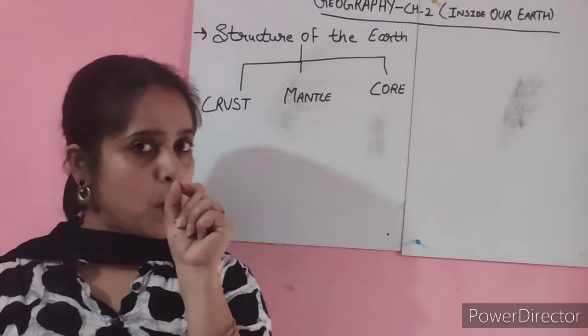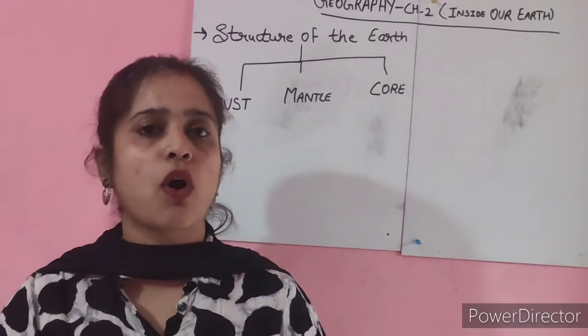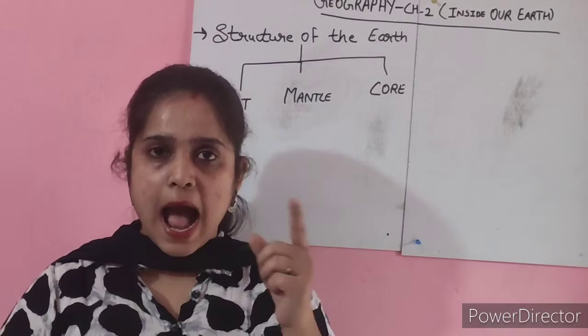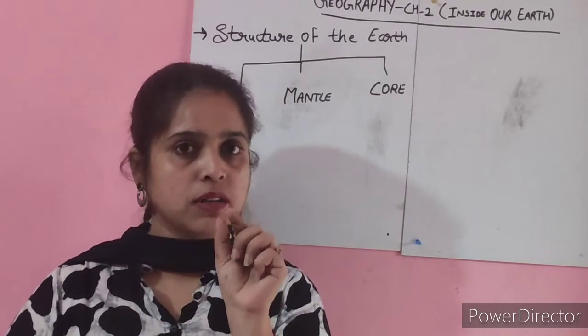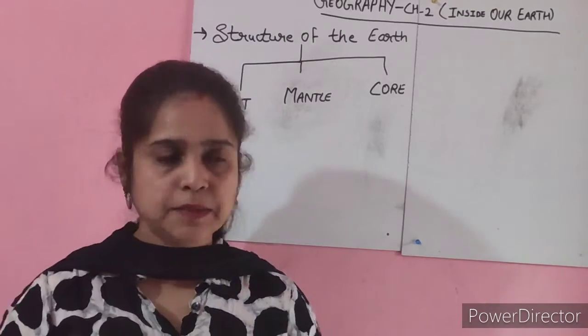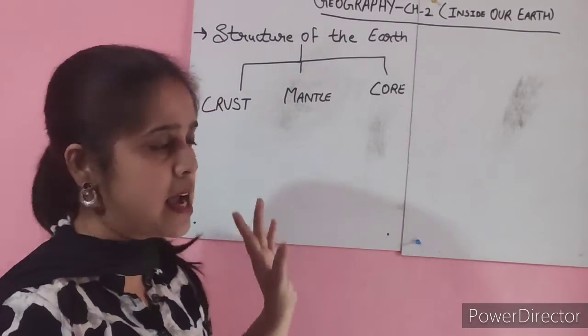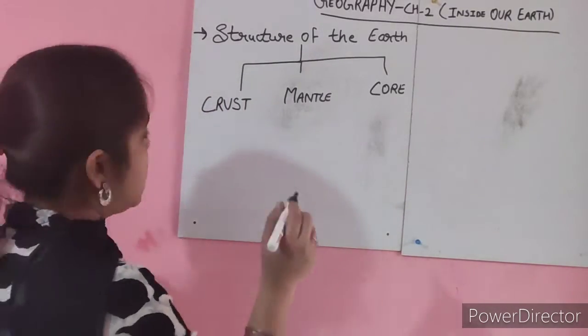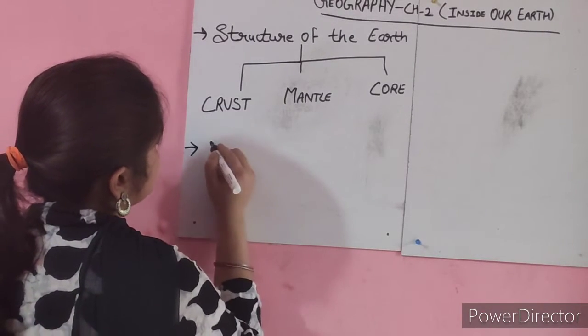Inside, that white thick part, that is called the mantle. And in between the egg yolk, that yellow part, that is called the core. Clear? Till here we have done. Then after that, we discussed about